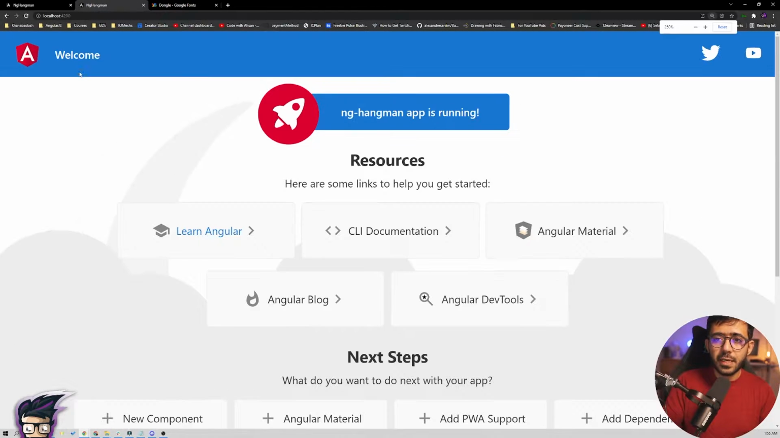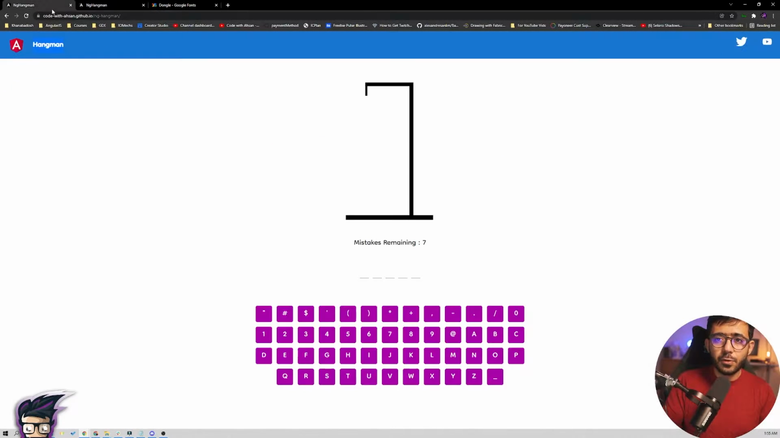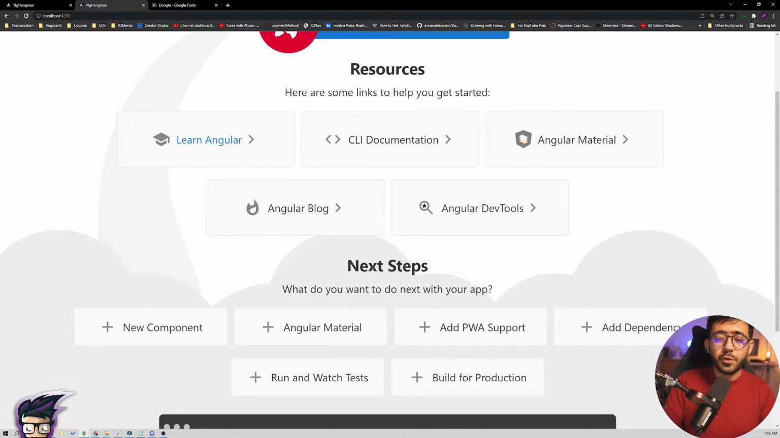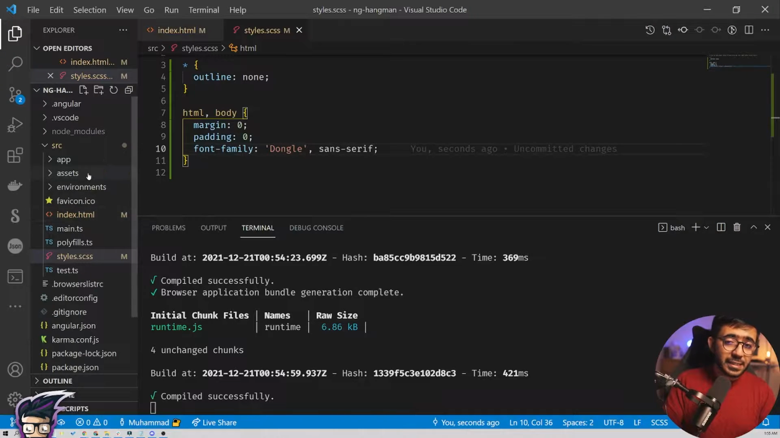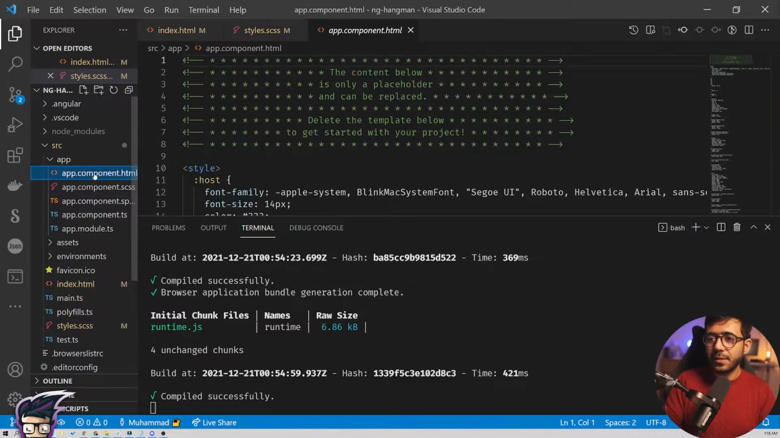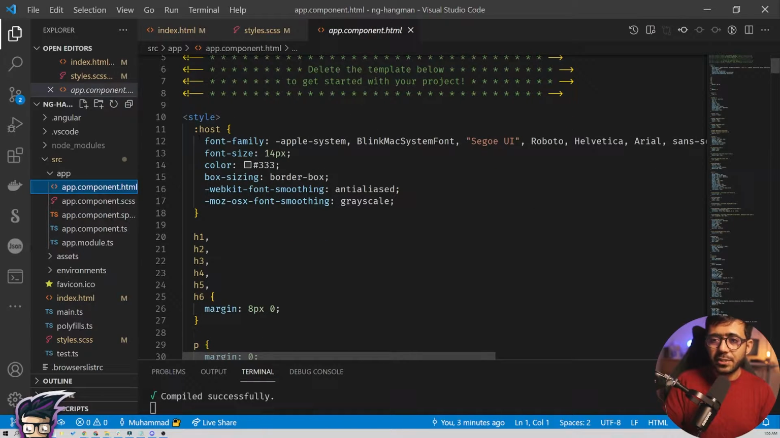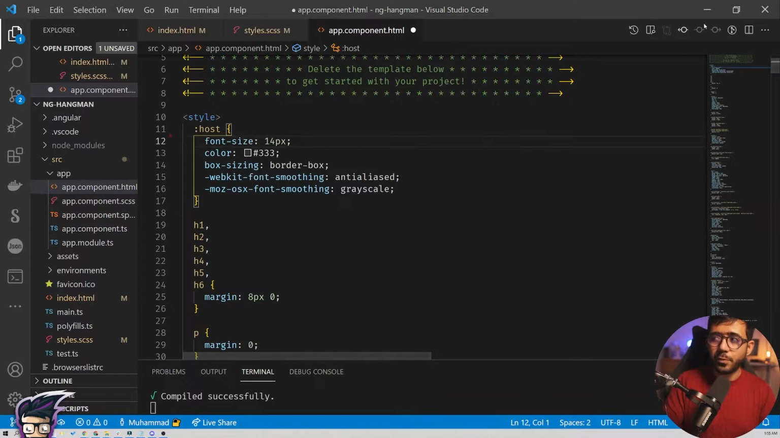Now you see that the styles are still not working. This doesn't look like anything like this. And the reason for that is that we have some styles configured, not in the index.html, but exactly in the app component HTML. Inside the app component HTML, you see that we have this style tag here, which essentially applies the style to the whole host. So we are going to first remove the font family from here,